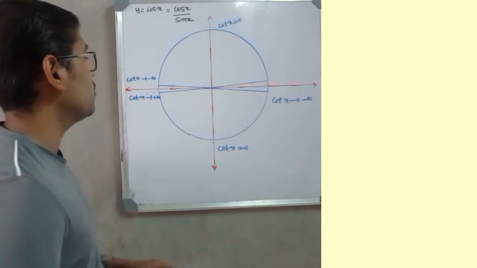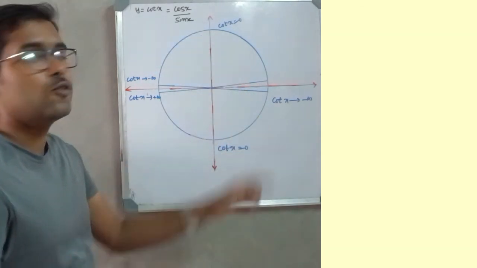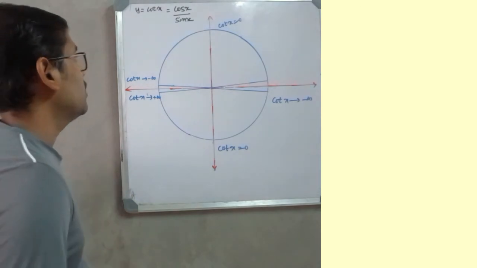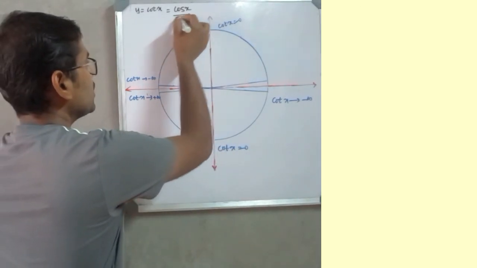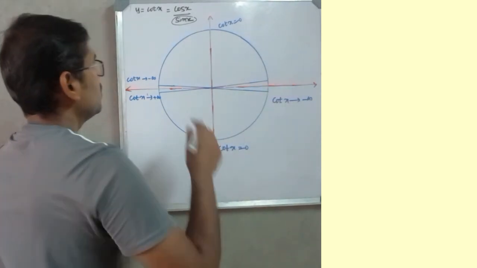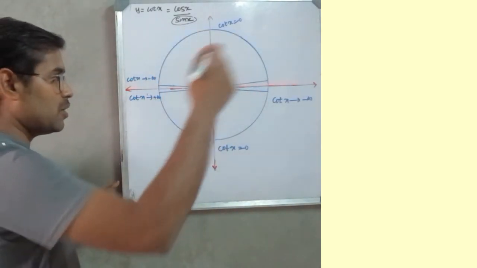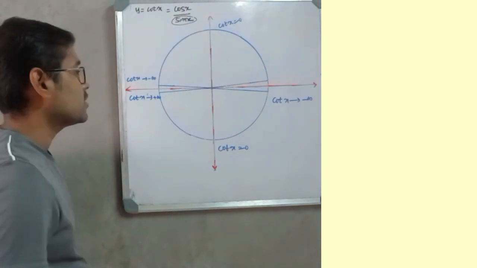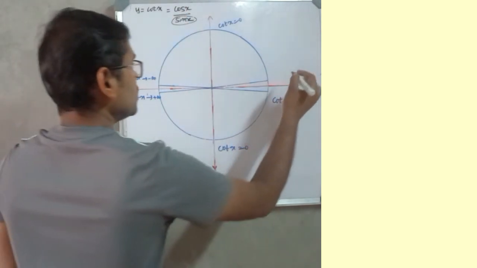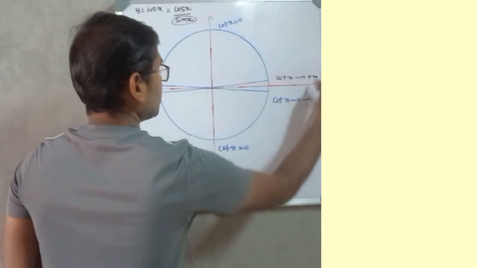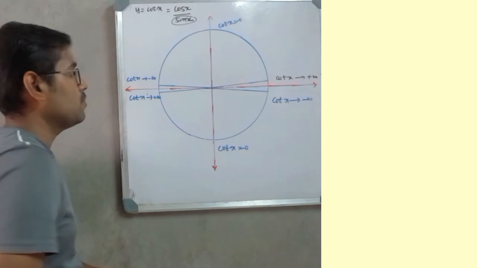So therefore what we will do, we will check for the value of x which is very closer to 0, and the value of x is a very small positive number. In that case, the value of sin x will be a very small positive number, and if you divide cos x by a very small positive number, you will get the value of cot x as a very large positive number. So here cot x is a very large positive number, or we will say it is closer to infinity.